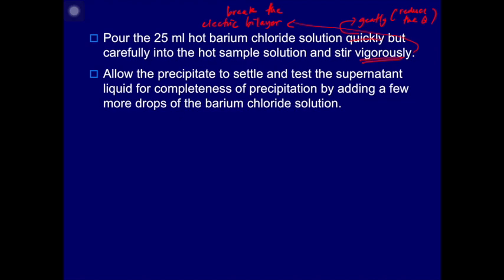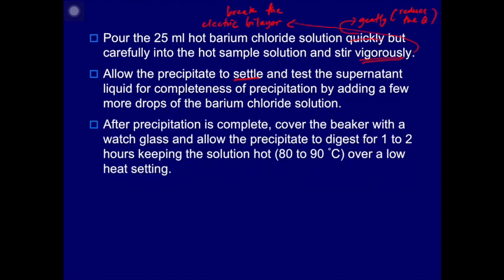Okay, allow the precipitate to settle and test the supernatant liquid for completeness of precipitation by adding a few more drops of the hot barium chloride solution. So take note that your precipitate should be settled down and the top layer should be transparent prior to addition of more precipitating agent. If after the addition of your precipitating agent your solution turns cloudy, it means the precipitation has not completed. If that's the case, you have to add more precipitating agent and repeat the procedure above. After precipitation is complete, meaning no more formation of cloudy precipitate or cloudy solution, cover the beaker with a